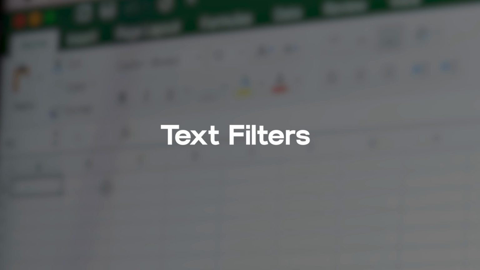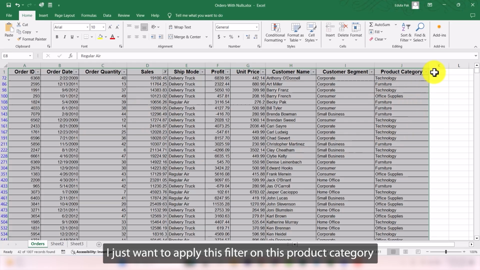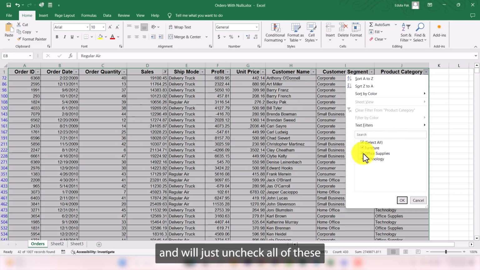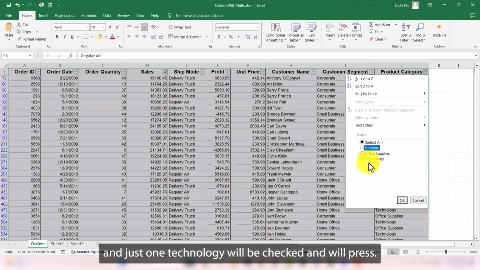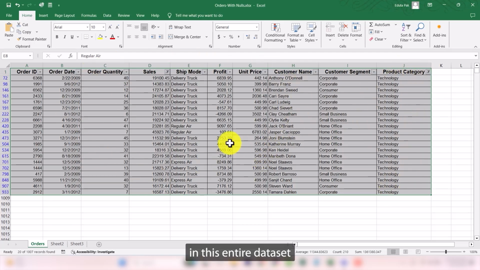Text filters, used for filtering words or phrases in a column. For example, I just want to apply this filter on this product category. We'll click on that, and I just want to see the entries that have only technology. We'll uncheck all of these, and only technology will be checked. And we'll press OK. Here you can see only the technology product category is shown in this entire data set,